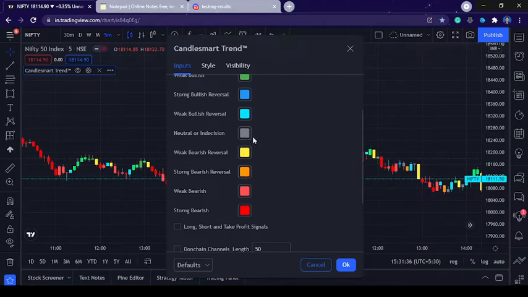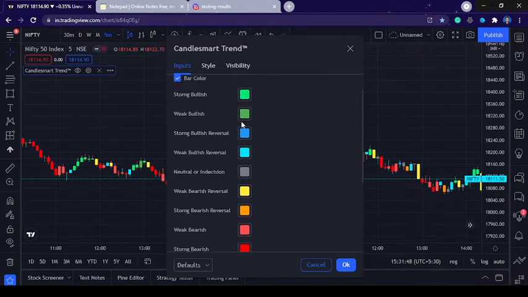This gray color is like a sideways market or indecision pattern. We don't know if it may go up or down from that place, so we are waiting for the confirmation trend. The confirmation trend forms whenever a weak bearish or weak bullish, a green color or red color forms. And the nature of candle secondary, weak and strong, we are not seeing at present. Once we jump to the strategy, we may need to see it sometimes, but it will not make that much sense in some places. But strong bearish and strong bullish reversals have some importance in the strategy, so that's the reason I am going to explain.